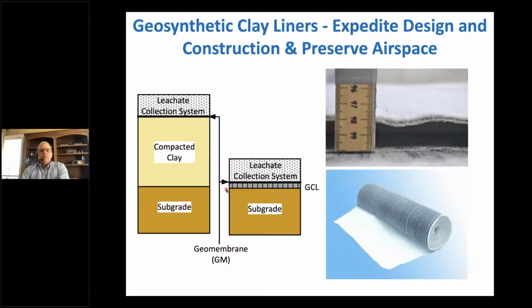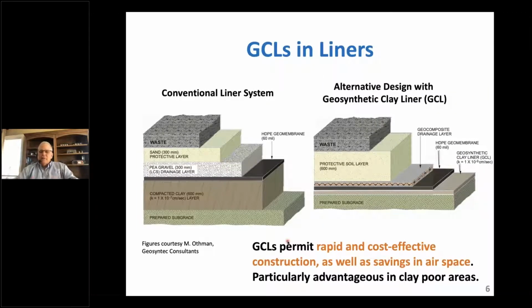Pretty remarkable materials. We use them in liners, and that's going to be a lot of our focus today, is in a liner application where we've got a GCL at the bottom, a geomembrane on top of that to form a composite liner, and then a leachate collection system of some sort. Here, this example just with a geocomposite drainage layer, and then protective soil and waste. But a GCL barrier as the base, the final frontier, you might say, in that lining system protecting groundwater,